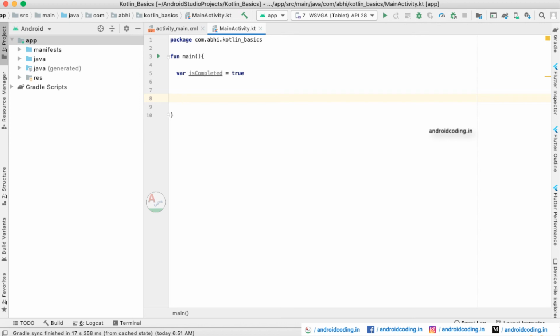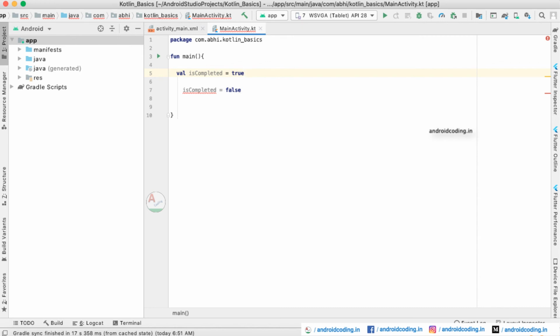As we have discussed, Kotlin is a typed language, so with the help of type inference we detect that it is a Boolean variable. In the same way, you can make it false later. Because this is a var, a mutable variable, and if later you make it immutable, you can see it cannot be reassigned.